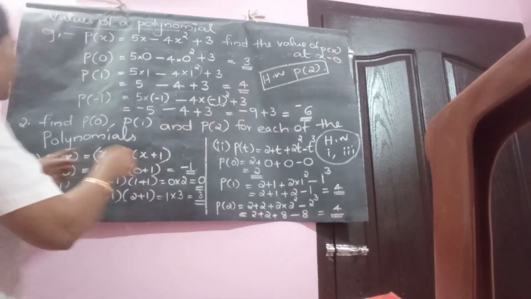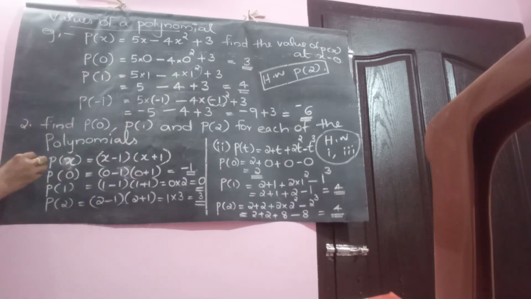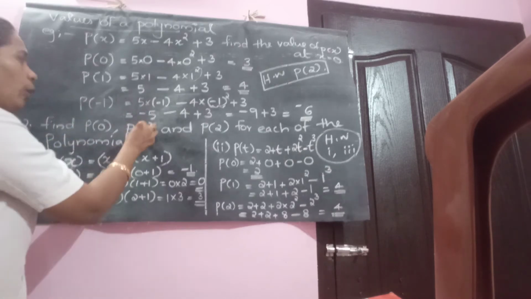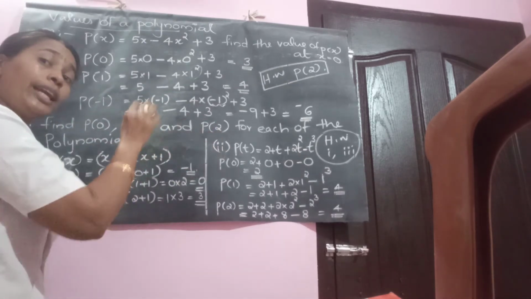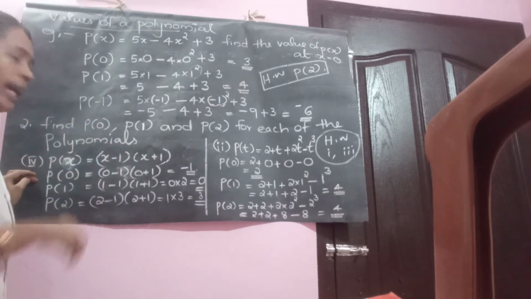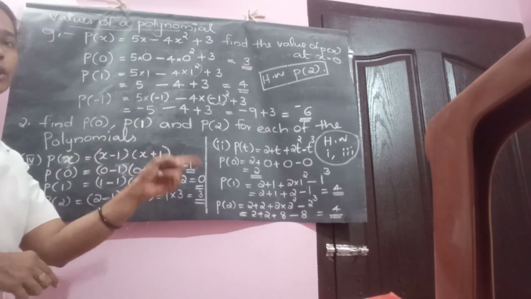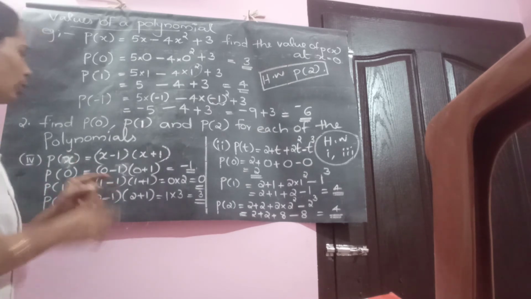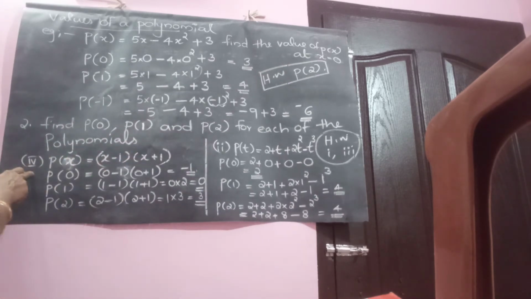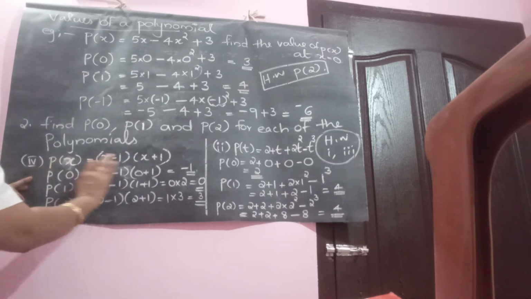Okay, do it. The next question is, again the same question repeated actually, but they tell you which values are needed. That is, you have to find P of 0, P of 1 and P of 2 for each of the following questions. There are questions 1 to 8 given to you, and the teacher is doing only 2 questions from these 8. So the remaining 6 questions you have to do as homework. The first question, the teacher has taken, is the 4th question I think from the textbook: P of x equal to x minus 1 into x plus 1. That is the polynomial given to you.